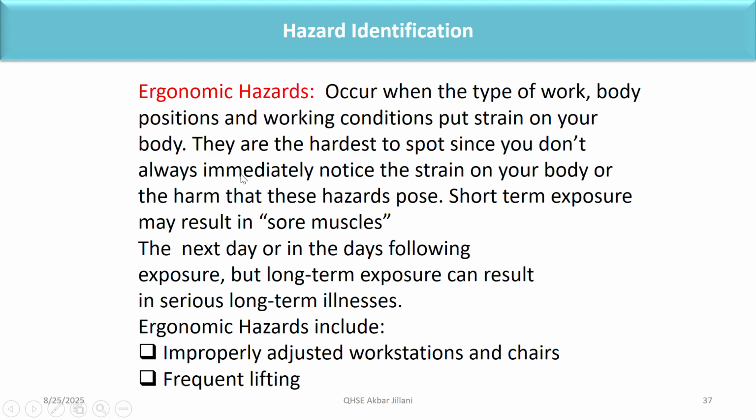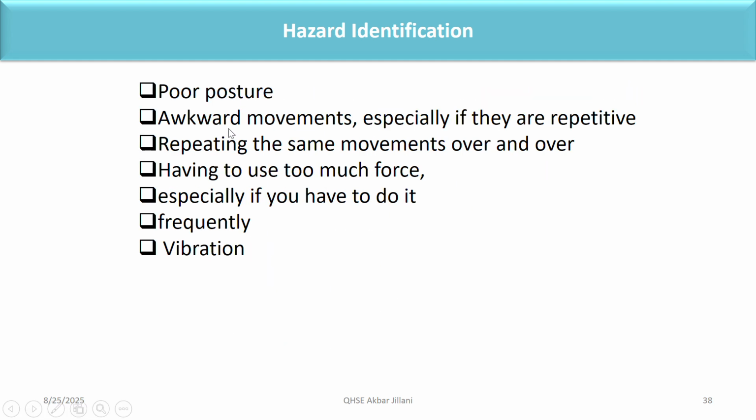They are the hardest to spot since you do not always immediately notice the strain on your body or the harm that these hazards pose. Short-term exposure may result in sore muscles. Ergonomic hazards include improperly adjusted workstations and chairs, frequent lifting, poor posture, awkward movements, especially if they are repetitive, repeating the same movement over and over, having to use too much force, especially if you have to do it frequently,